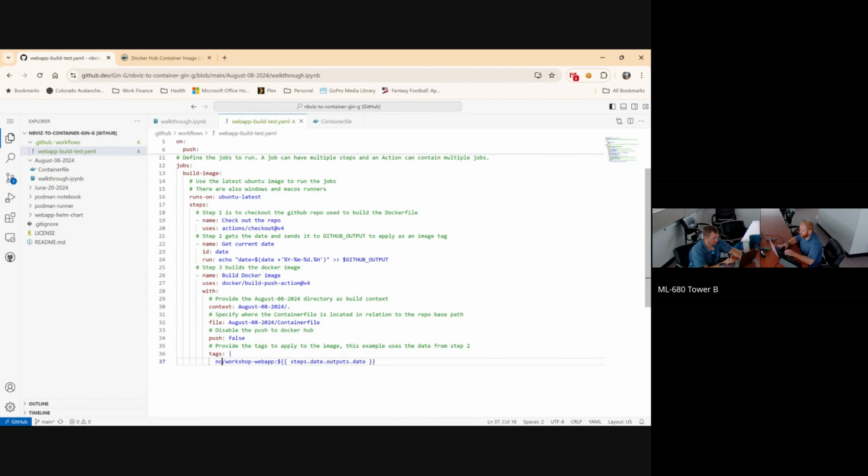But so I'll go ahead and update mine to my personal tag. That's my GitHub registry. Then the next /workshop-web app is the container image name. And then we have this colon with the $ sign and then the double curly braces with this variable inside. So if we look at the variable, it says steps, which is from the steps part of the actions